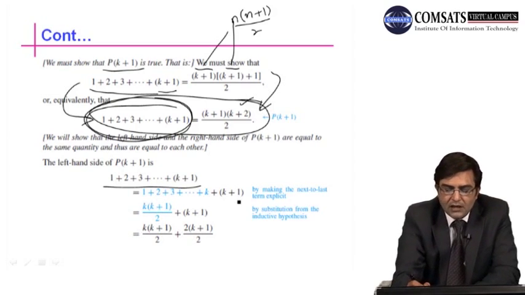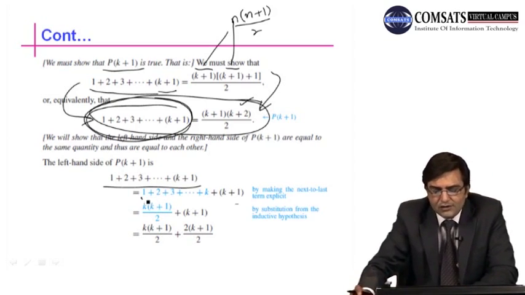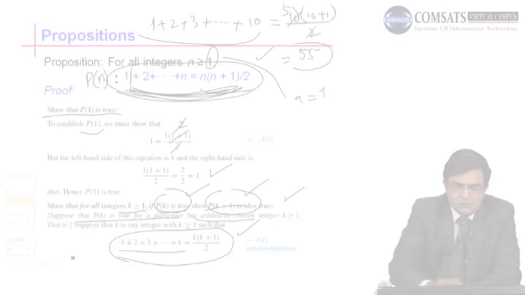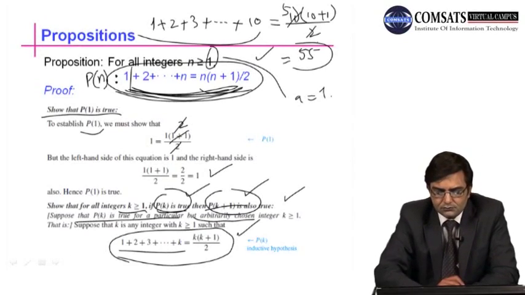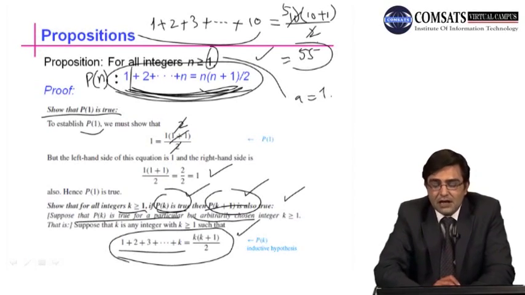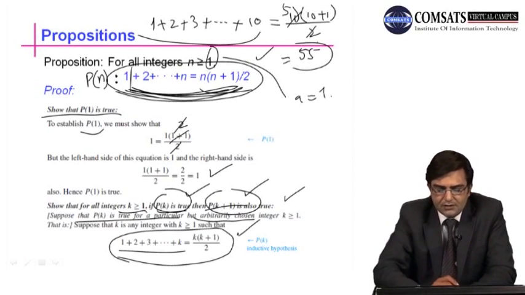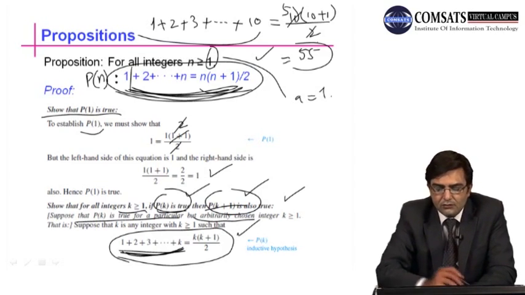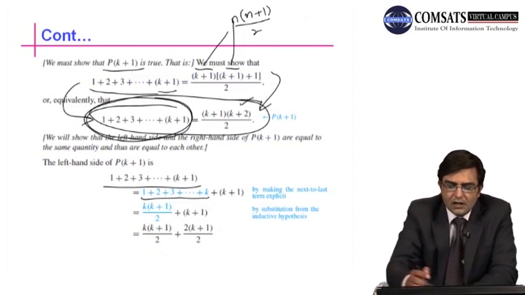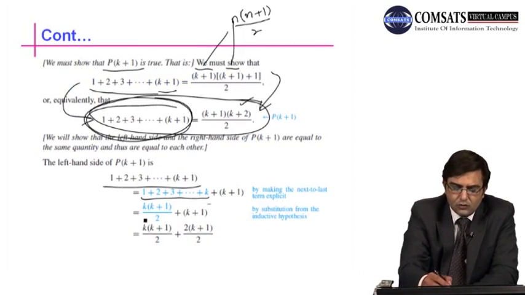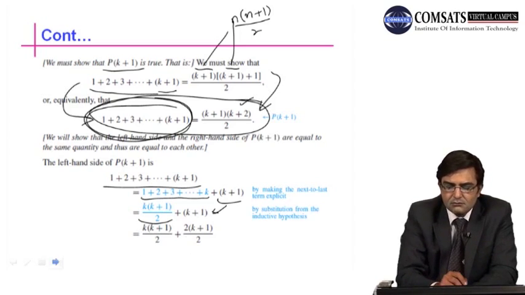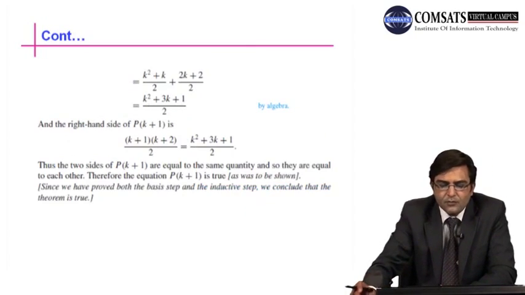Now until here we have supposed that this is true, because it's our inductive hypothesis. So instead of this 1 2 3 up to k, we can write this. So instead of this written in blue, we can write this. Now this term remains the same. Now taking the LCM of these two terms and then simplifying, we get